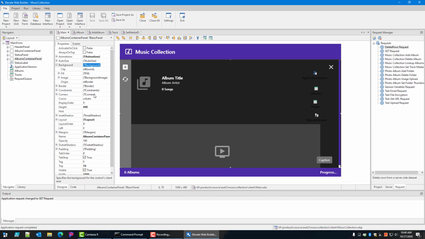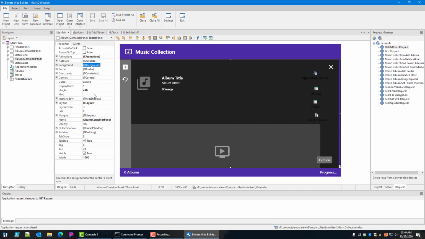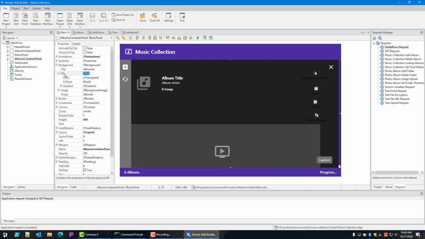It's not a nested expand and collapse. It's just a single layer, or a single level, expand and collapse. So that's a nice addition if you want to, especially with the background property, which is one of those that has a lot of nested properties underneath it. So that's nice. And then finally, this is a very nice option also: